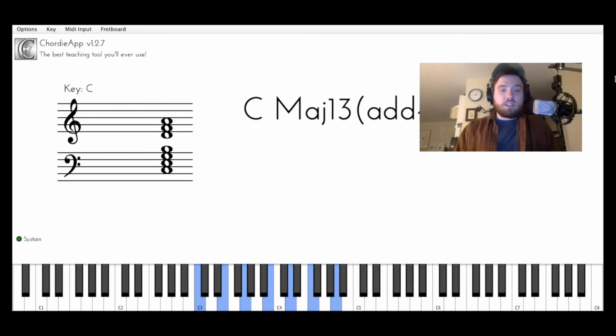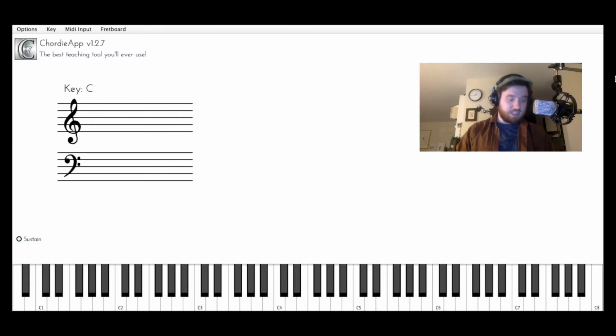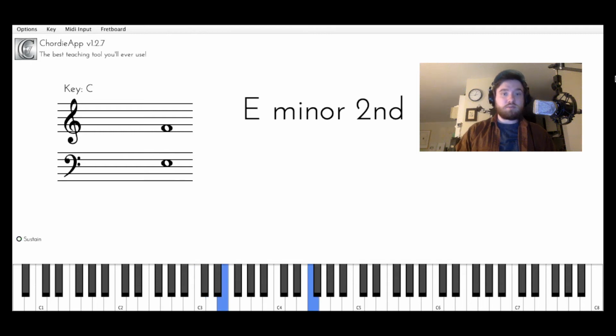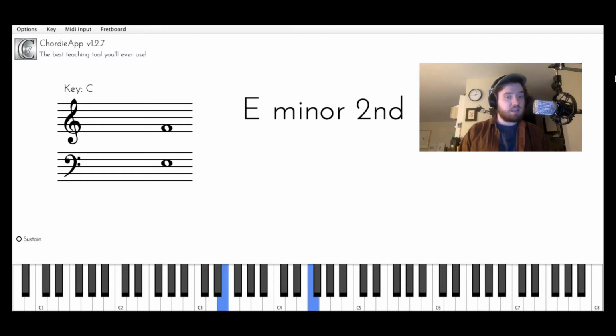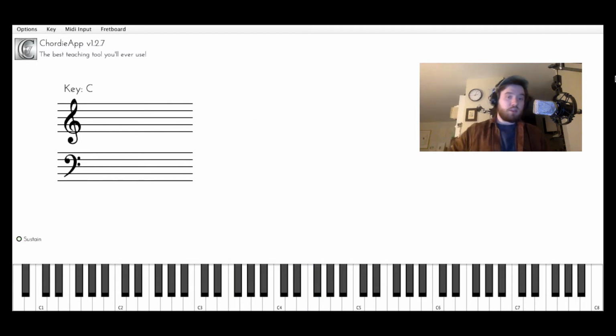Now, one thing to note about this is that not every chord has the same possible extensions. For instance, on a C major 7, the natural 11, the F, creates a dissonance with the third. For this reason, it's extremely rare to see a natural 11 on a C major 7. It almost never happens, except in maybe some really, really specific instances where someone wants a tense sound. It's extremely rare. What happens instead is